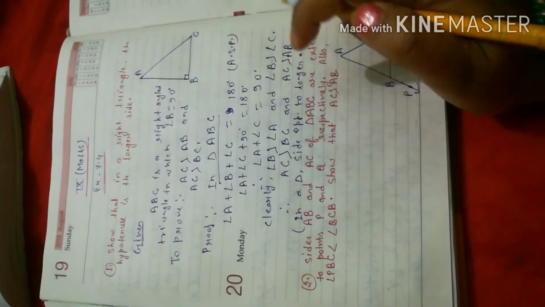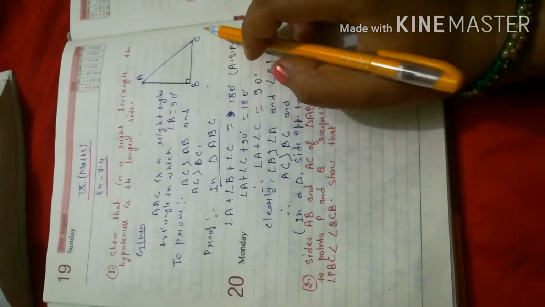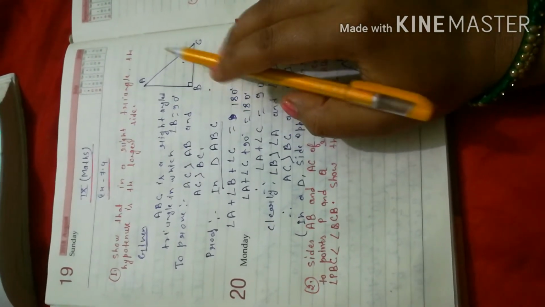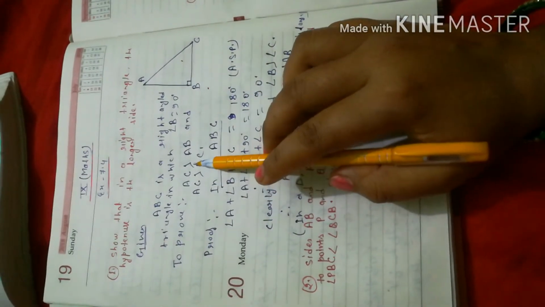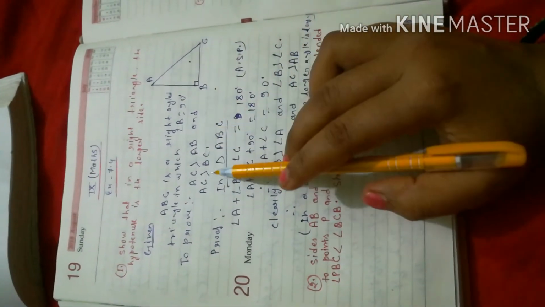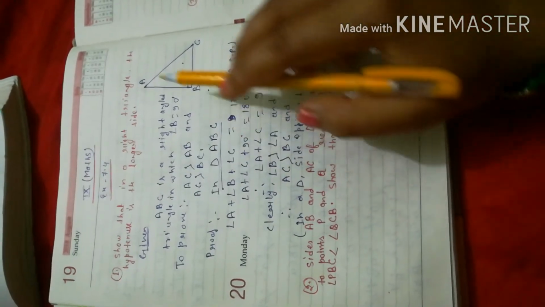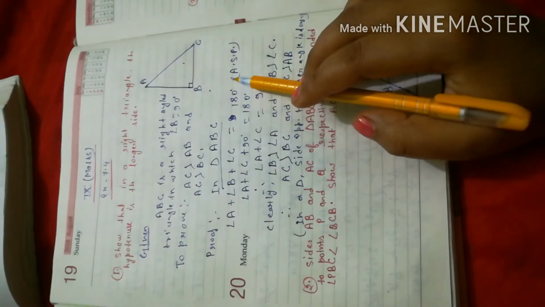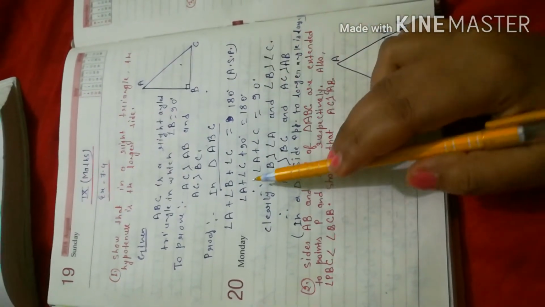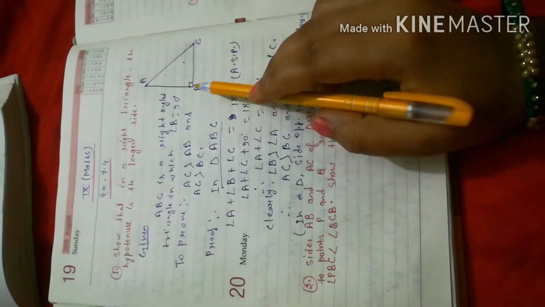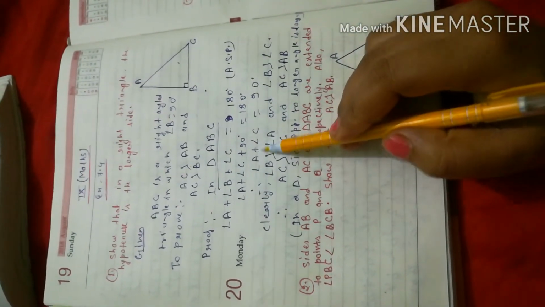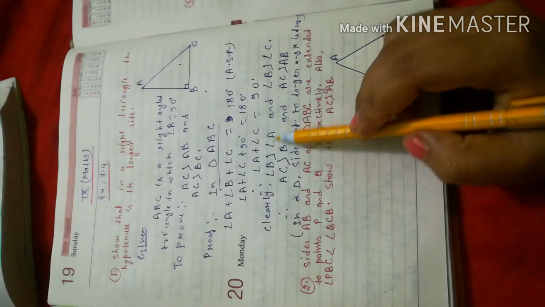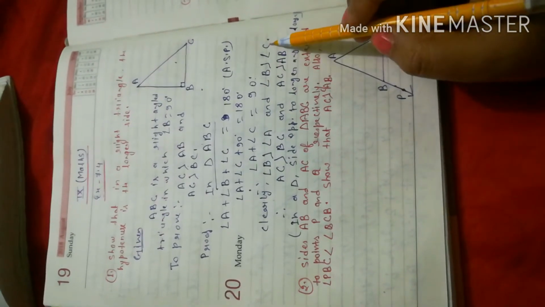Again I am going to explain it, try to understand. ABC is a right angle triangle. Then we have to prove that the hypotenuse will be the longer side. So we can write AC will be greater than AB and AC will be greater than BC also. In triangle ABC, angle A plus angle B plus angle C equal to 180 degree, angle sum property of a triangle. Here the value of angle B is given as 90 degree. So angle A plus angle C equal to 90 degree. Clearly angle B is greater than angle A and angle B is greater than angle C.